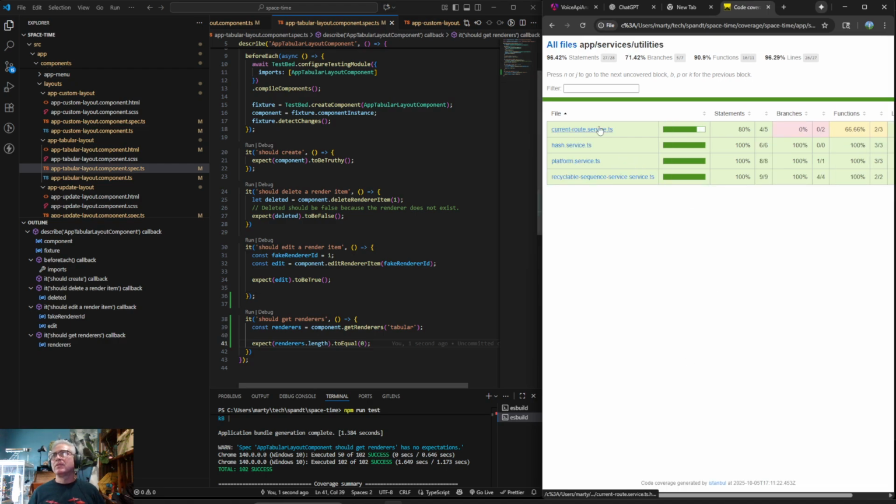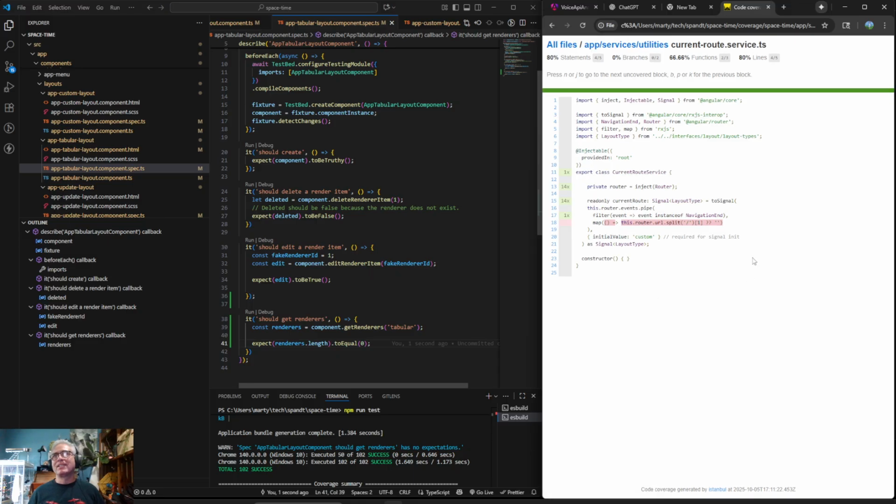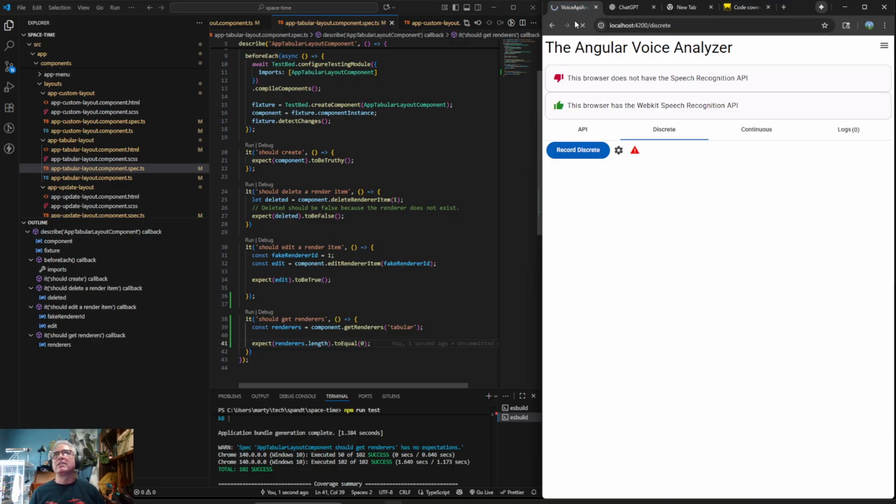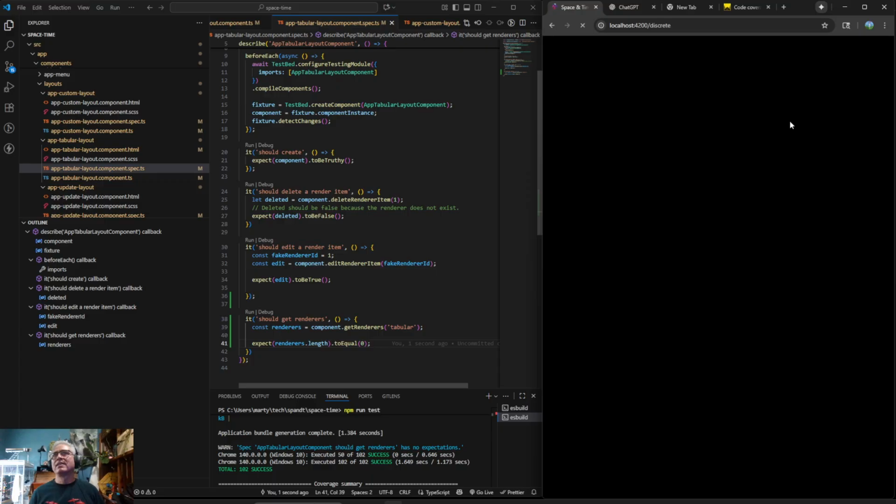And the problem is in one of these 4, it's in current route service, and basically it does this mapping that takes the very first value. And you know, one thing we have not done is actually checked to see if the application still works. So